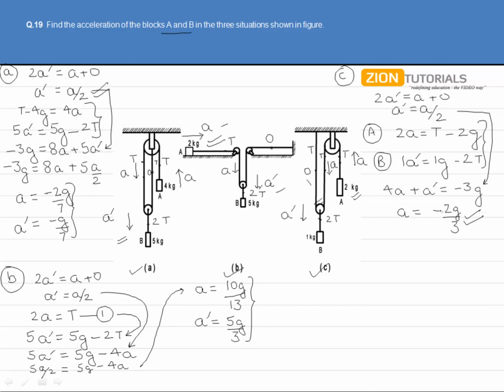And from that equation, once again, we can write a' equals a by 2, that is minus g by 3. Now we are getting these with negative signs, so we can say that the acceleration of block A is actually in the downward direction, equal to 2g by 3, while block B is accelerating upwards with an acceleration of g by 3. Now in all such type of questions, note that the strings that have been tied to the ceiling or to some place so that they cannot move have their accelerations equal to 0.